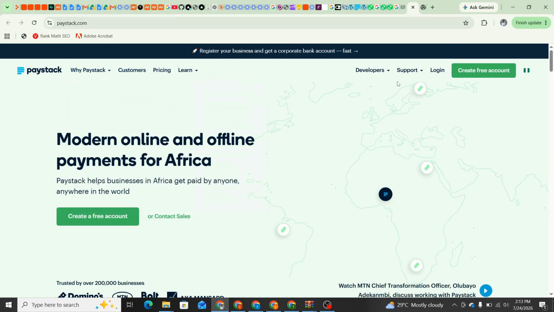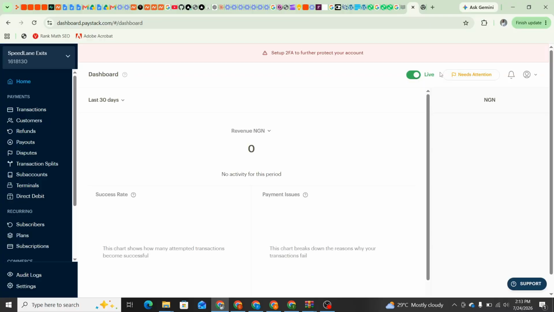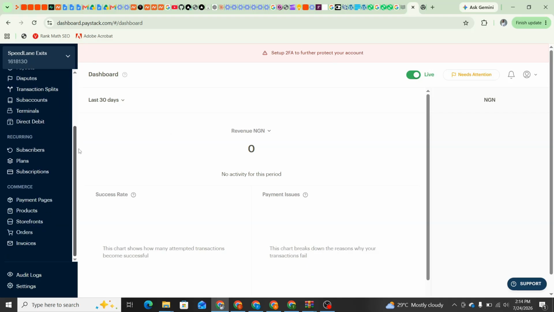So the first thing you do is you click on create an account. I'm not going to do that now because I have an account on Paystack already. So I'll click on the login option. So when I do that, this is how the dashboard is going to look like when you've created your own account. The next thing you would do is you scroll down to